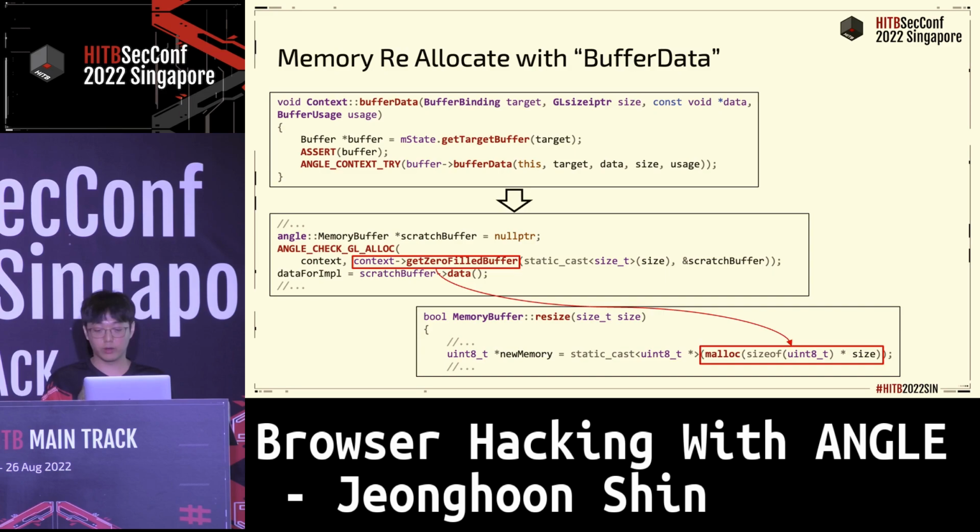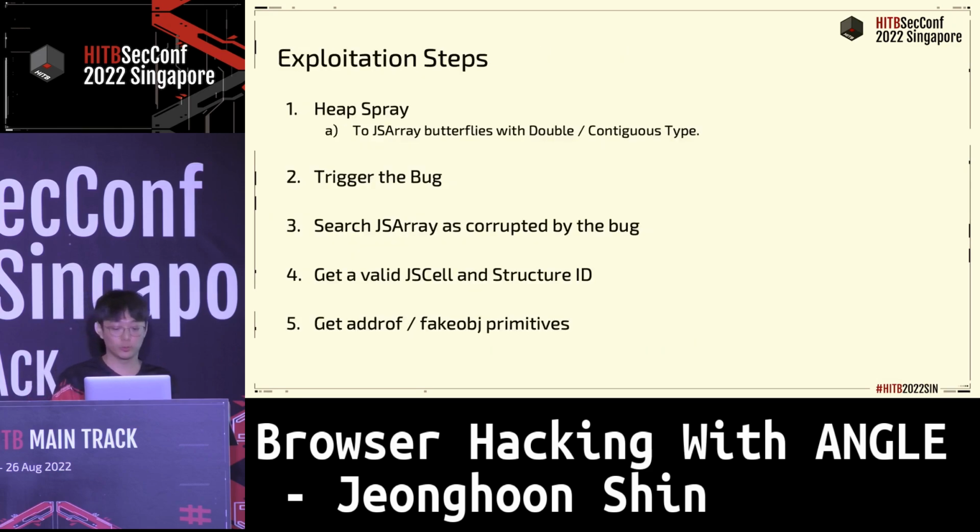For reallocation of the pre-buffer object, I use the buffer data method. When we call this method, as you can see, it allocates uninitialized memory with the get0 field buffer. In the method, it uses the malloc function. So for the list, we can easily allocate in the delete buffer object. So now look at the